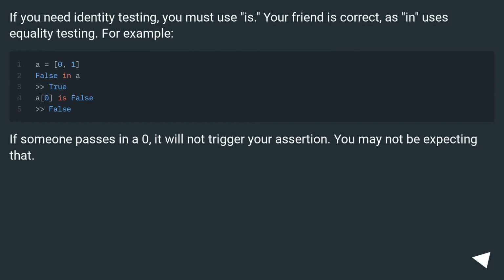If you need identity testing, you must use is. Your friend is correct, as in uses equality testing. For example, if someone passes in a 0, it will not trigger your assertion. You may not be expecting that,